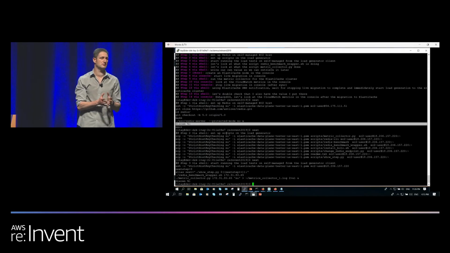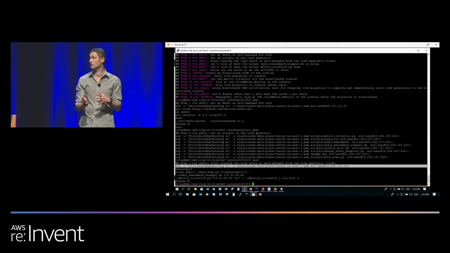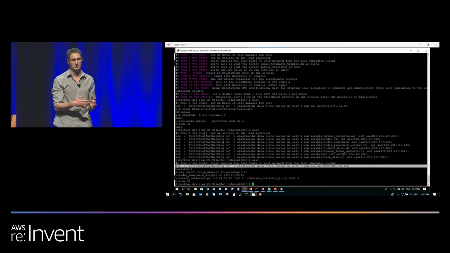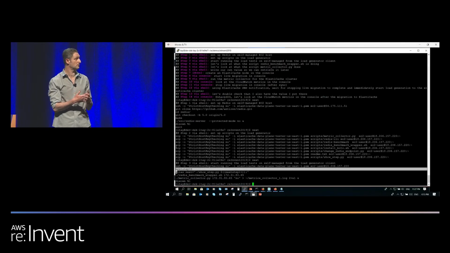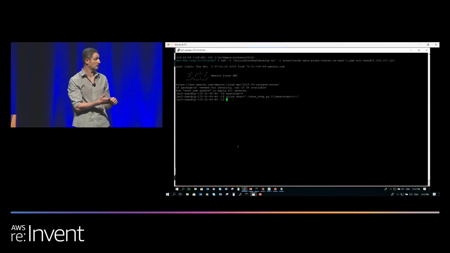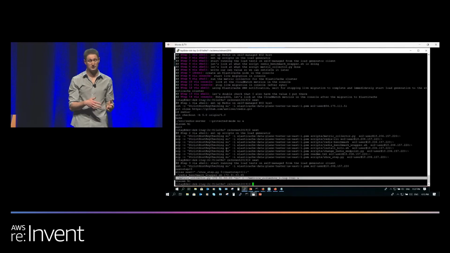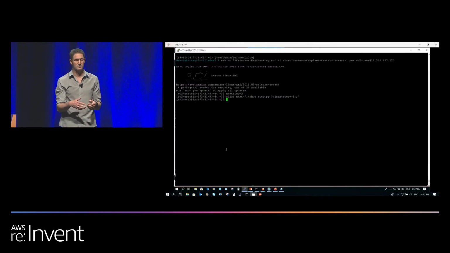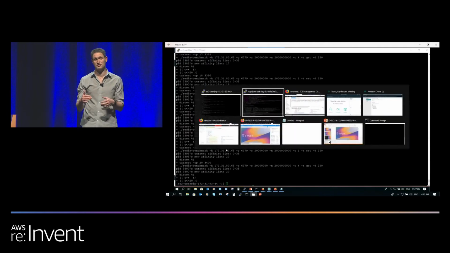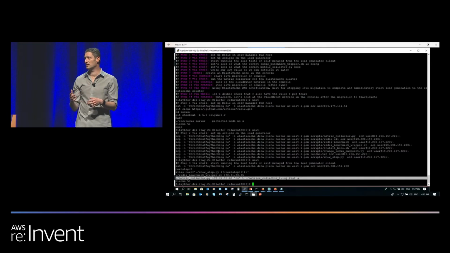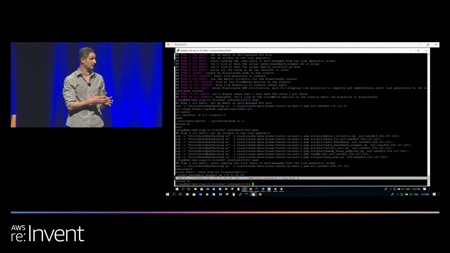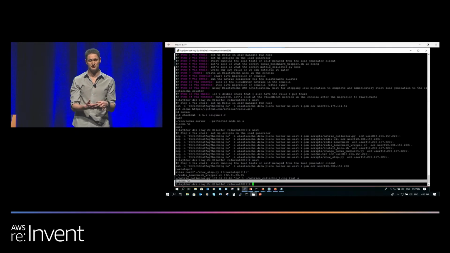So now I'm going to go to my client. This is a different host. This is the C5n that I showed you. And I'm going to go there, and I'm going to start sending traffic to the self-managed Redis. This is just an alias I put here to help me with the demo. So I'm running this Redis benchmark wrapper. I'm going to soon show you what it does. And then I'm running here a metric collector from the client side, and I'll show you this as well.